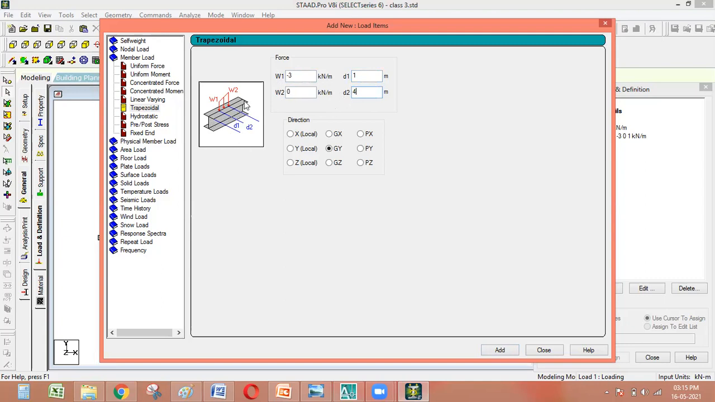See, all the measurements should start from the beginning of the beam. So it is clearly represented here. D1 and D2 should be taken from the beginning of the beam. Therefore, this load of minus 3 starts at 1, therefore D1 is 1, and ends at 4 from the beginning of the beam, therefore D2 is 4. If you add,